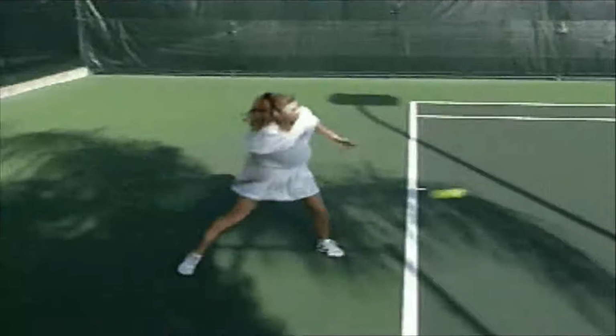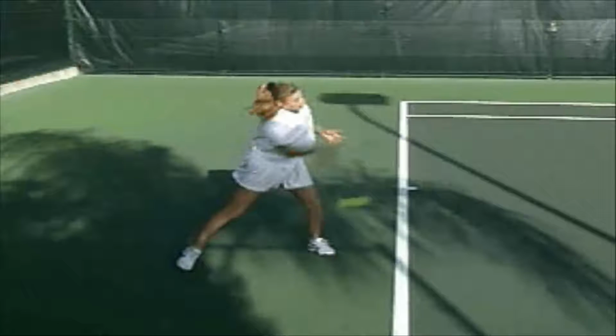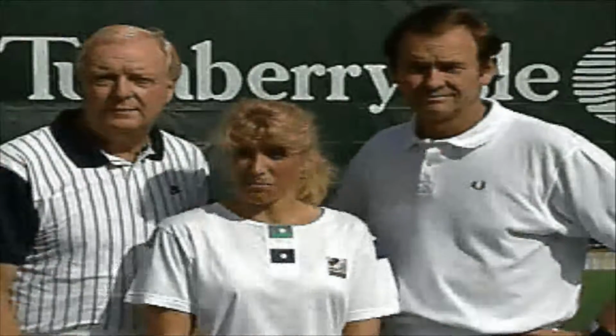To hit the ball cross-court, strike it a few inches further out in front than when you're hitting down the line. This gives the racket head a different angle. It also disguises where you're hitting the ball. If you change the direction you hit the ball,